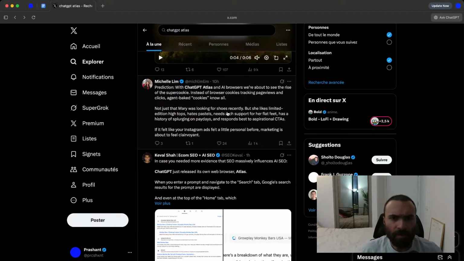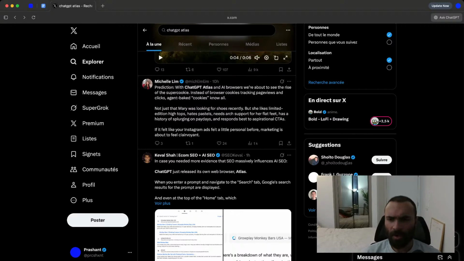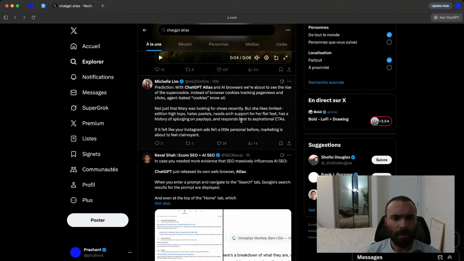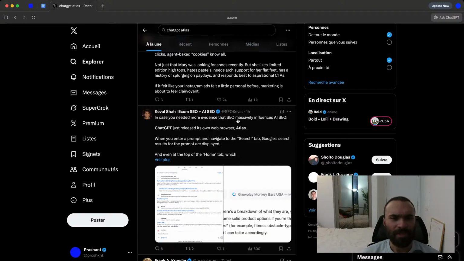Okay, prediction. With ChatGPT Atlas and AI browsers, we are about to see the rise of the super cookie. Instead of browser cookies tracking page views and clicks, agent-based cookies know all. Not just that Mary was looking for shoes recently, but that she likes limited edition high tops, hates pastel, needs arch support for her flat feet, has a history of splurging on payday, and responds best to aspirational CTAs.